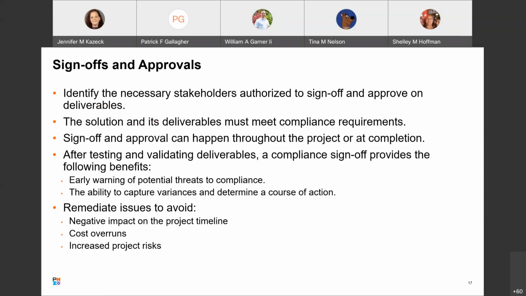While many of these approvals may not be possible until shortly after the project completion, many others may be subject to testing and validation on an ongoing basis. This can be very helpful as it will provide you with an early warning of potential threats to compliance, allow you to capture the variances and determine an appropriate course of action before it impacts the project timeline, causes cost overruns, or creates large project risks.